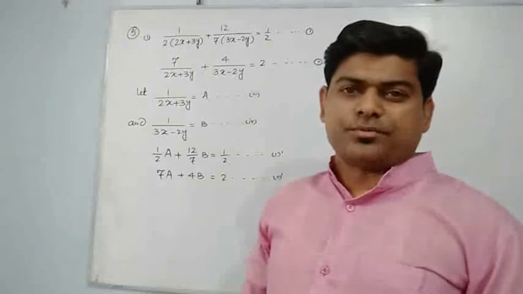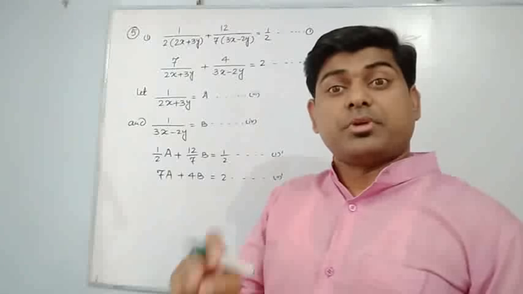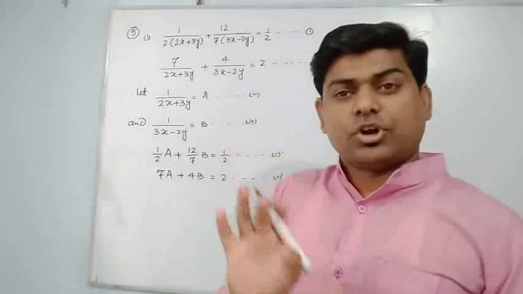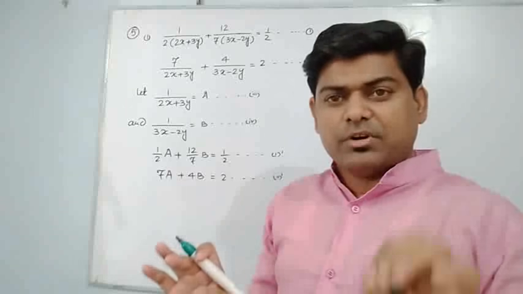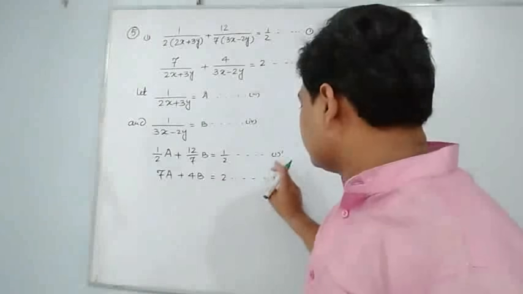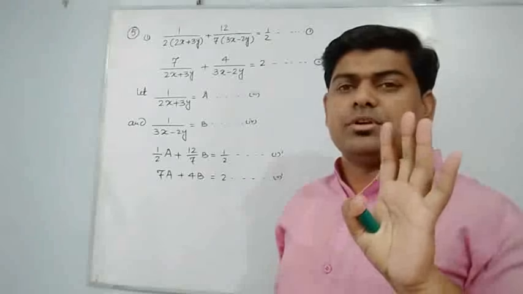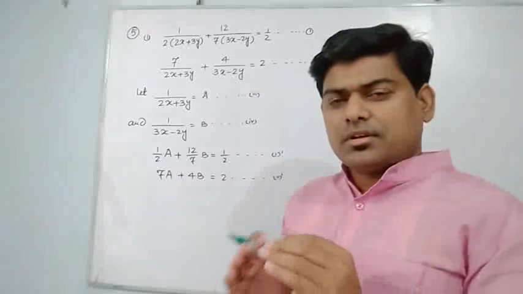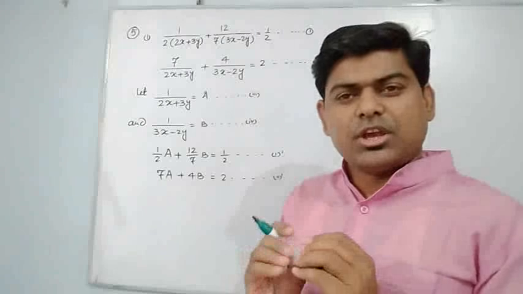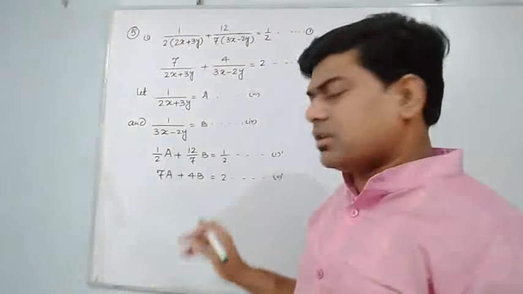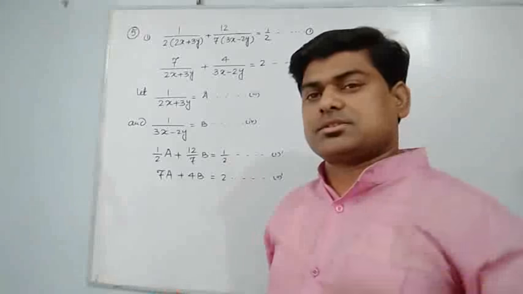It is in the form of a and b, and we will try to solve it for a and b, not for x and y. We will try to solve equations 1 dash and 2 dash for a and b. And now, again I am repeating myself, we are free to apply any one of the previous 3 methods.